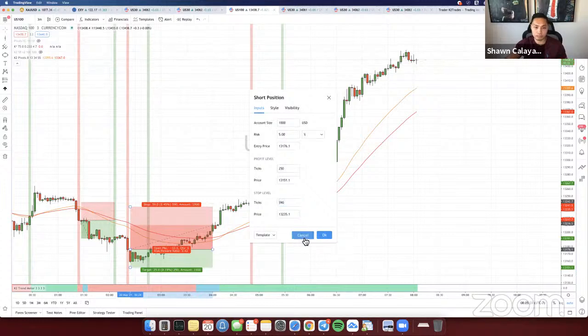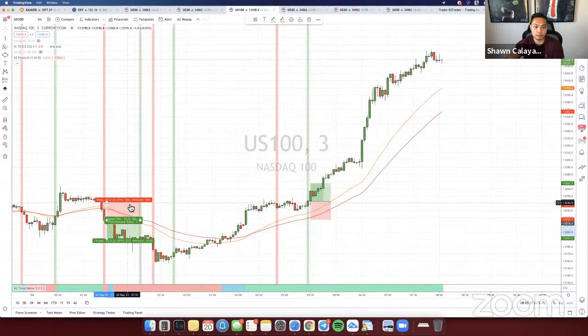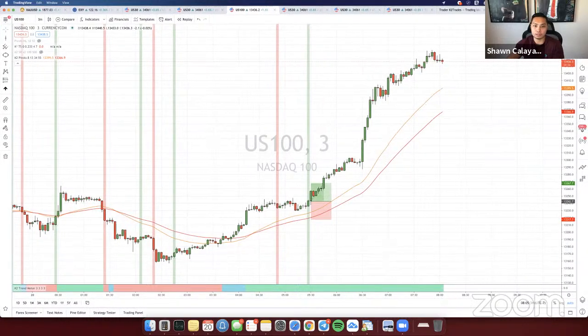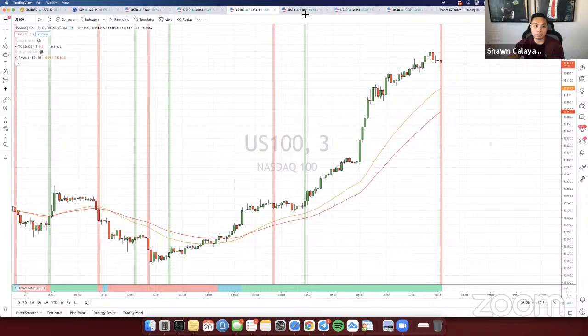So, I mean, it just depends on what you're applying here. I probably wouldn't take these London trades. I would just take UK 100 because it's more volatile during the London session. So that's it on the 3-minute right there. There's no entries available right now. Let's go back on the